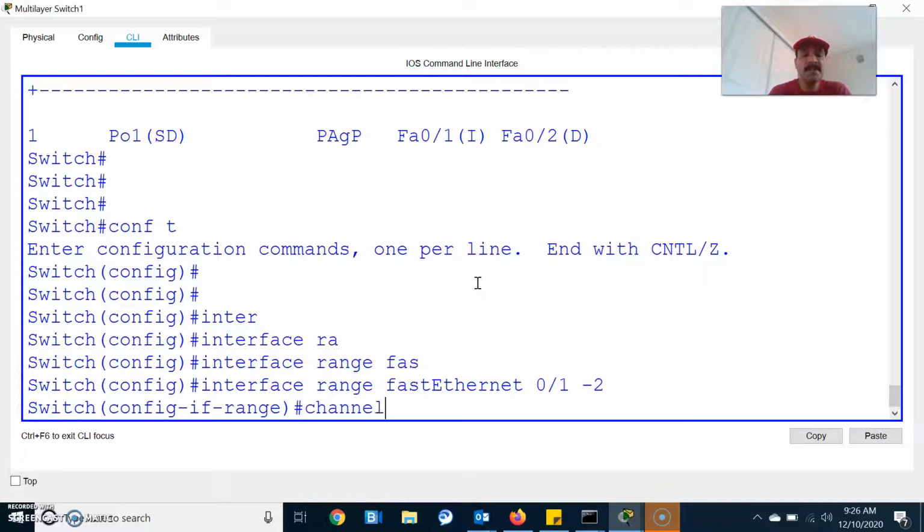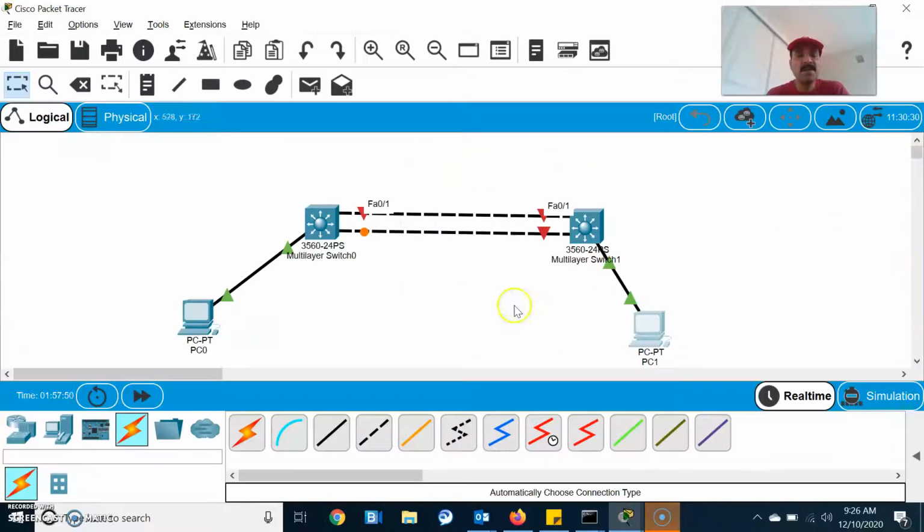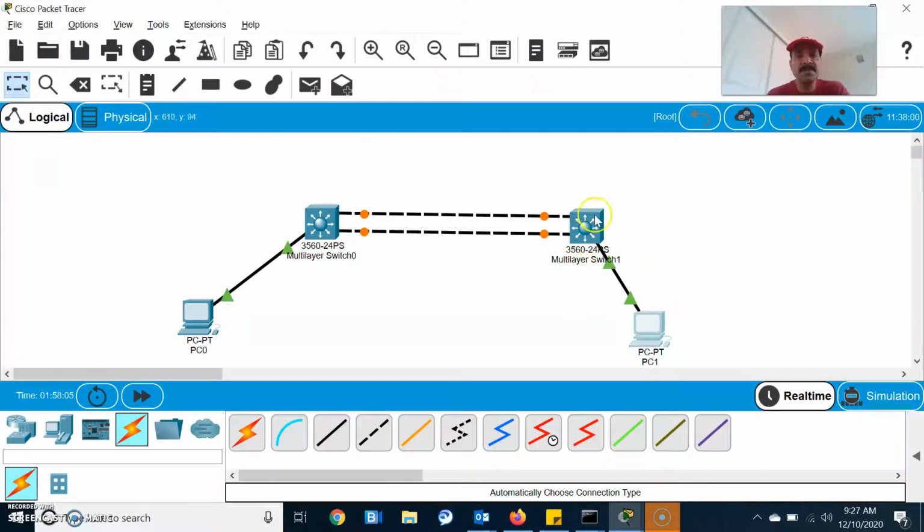Now let us change the channel mode, right? Channel-group 1 mode, let us set it as desirable. So I already told you, one should be in auto and one should be desirable, or both should be in desirable mode. If both are in auto mode, EtherChannel will not form, right? So that is the main reason we are seeing EtherChannel is not formed and you're not able to see the bundle ports. So now I have changed the scenario. I have changed this to desirable mode.